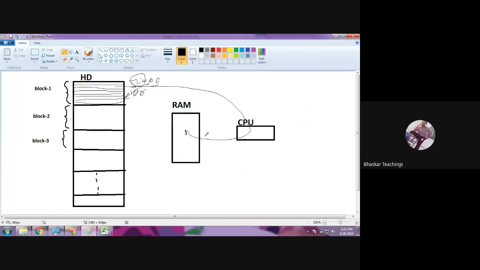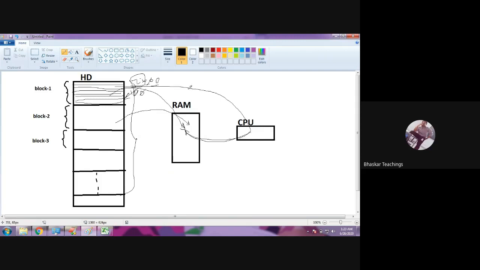But just imagine I have several GBs of data. I have here 50,000 records of data. Can these 50,000 records fit into RAM at once? No. This huge amount of data can fit in the hard disk only, not in RAM, because RAM is the fastest, of course, but it is the smallest memory, right? Around 4 GB, 8 GB, or 2 GB, but a hard disk can be in terabytes. So the point is, when the CPU is trying to retrieve the data, it would go to RAM only, not to the hard disk.